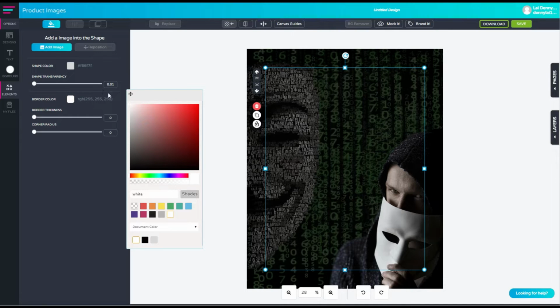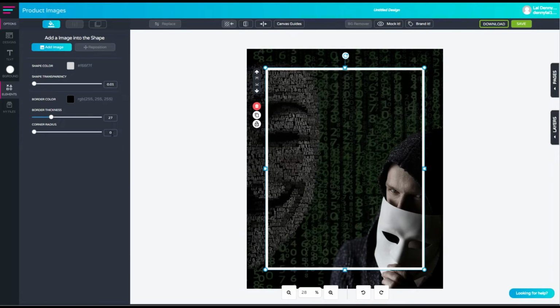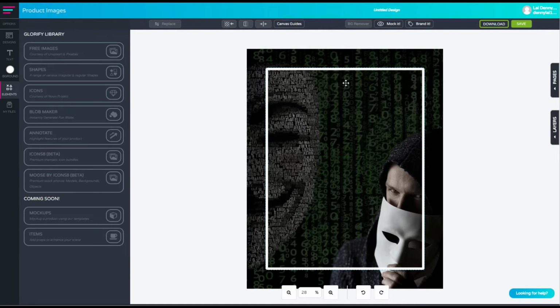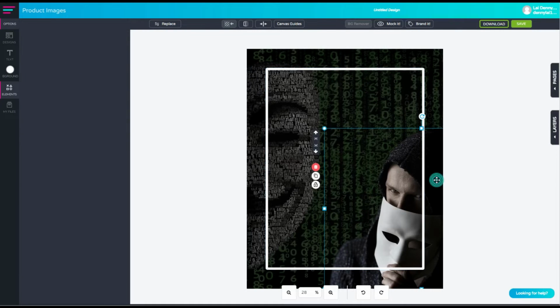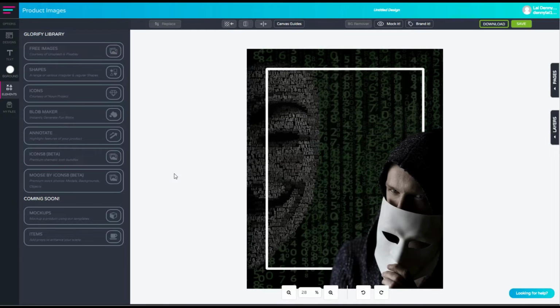Border color, white. Border thickness, let's put it at 27. Border radius, put it to 5. Okay, now let's push this guy in front. Alright,